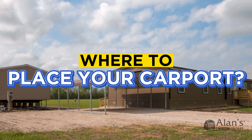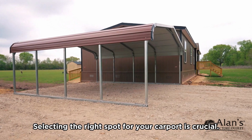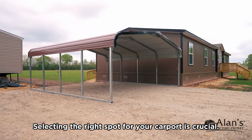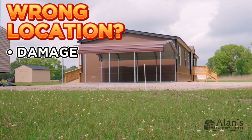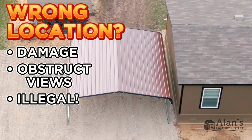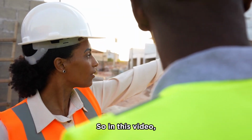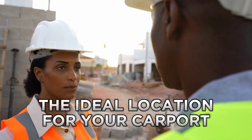You want to get a great carport to protect your vehicles, but you don't know where to place it on your property? Selecting the right spot for your carport is crucial. Because if you get it wrong, your carport could be damaged by high winds, it could obstruct desirable views, or it could even be illegal. So in this video, we'll guide you through the key factors to consider when determining the ideal location for your